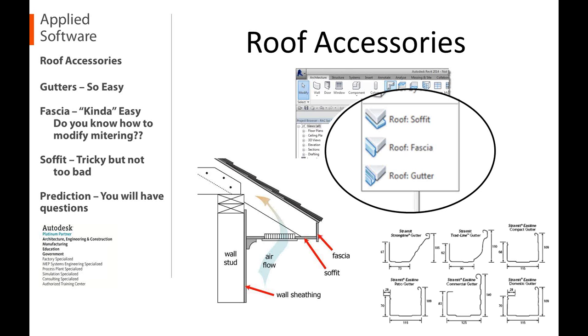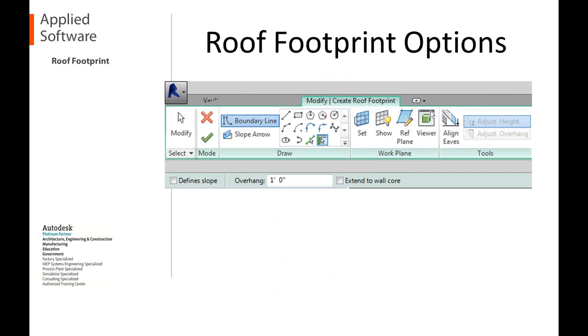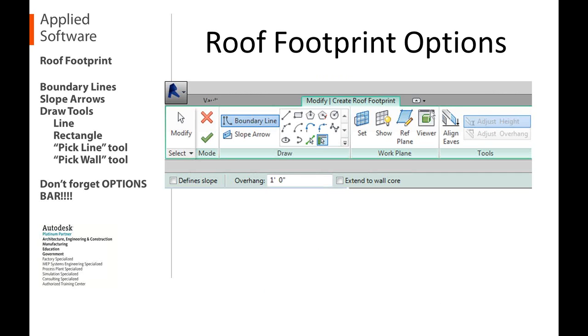So we're going to take a look at the roof by footprint option used most often. And we won't go through every single one of the options in this command. We will save that later for another webinar so we can get into more detail on the roof by footprint command. We will talk about the line and the rectangle and using this little button right here called pick line